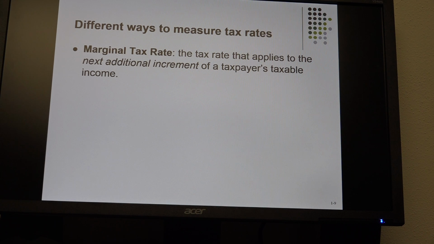And so let's say you look at the back of the book, at the 2015 federal rate schedule, and if you look under single, Schedule X, note the graduated tax structure. If you make between $0 and $9,225, you're taxed at 10% of taxable income. So